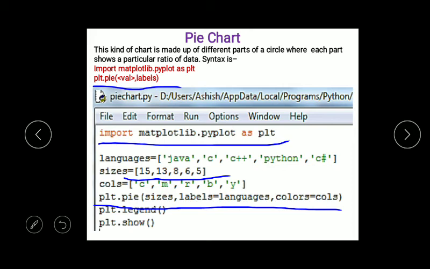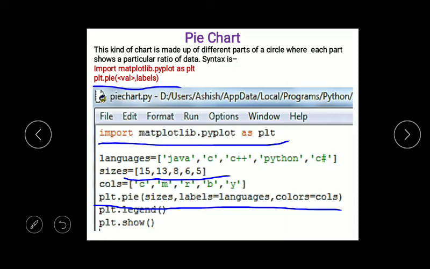So here I am taking plt.pie sizes comma labels equals languages, where each part will be labeled by these language values. The arc size 15 will be labeled as Java, the second part as C, the third part as C++, the fourth part as Python, the fifth part as C sharp.